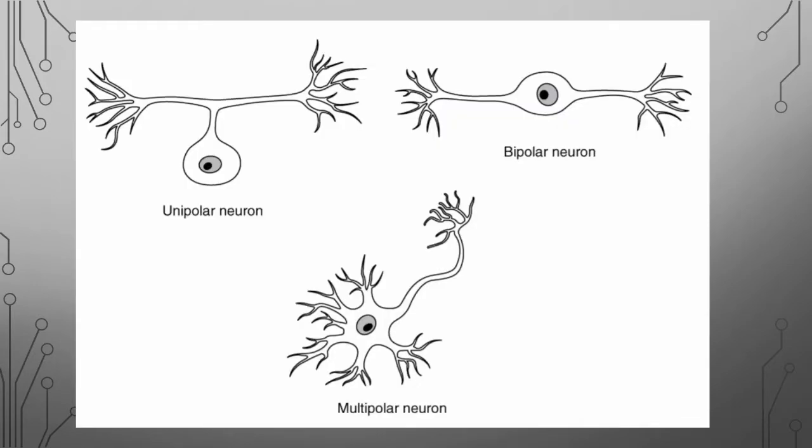There are a few typical or common types of neurons, but interestingly, there are hundreds of different types of neurons that have been discovered over time. The three main ones are shown here. The example from the previous slide is an example of a multipolar neuron where there are many dendrites and a single axon. This is the most common type of neuron.